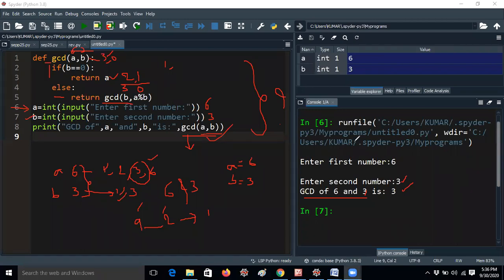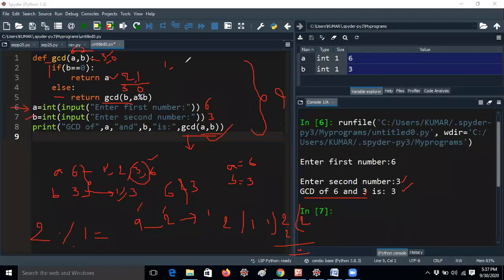Everybody should answer. Some students are saying 2. That is the wrong answer. 2 modulus 1 means you have to do 2 divided by 1. 2 ones are 2. The remainder is 0, guys. Don't forget, okay? Not 2. Still some students are saying 2 and 1. So that is the wrong answer. Once again I am telling you, guys: 2 modulus 1 is 0.